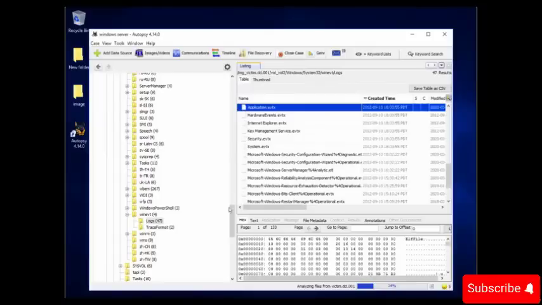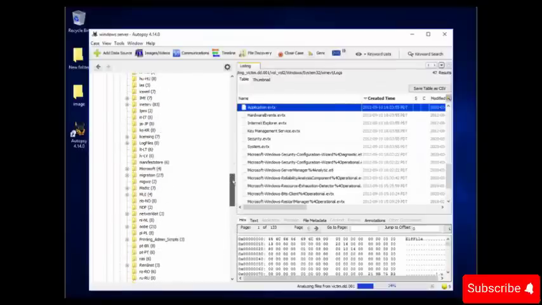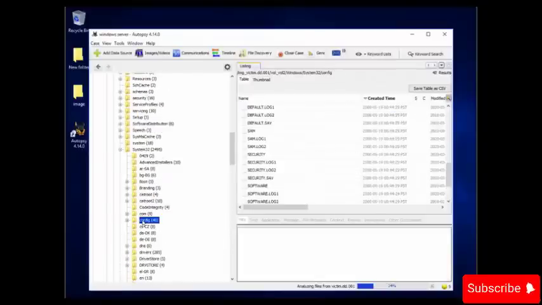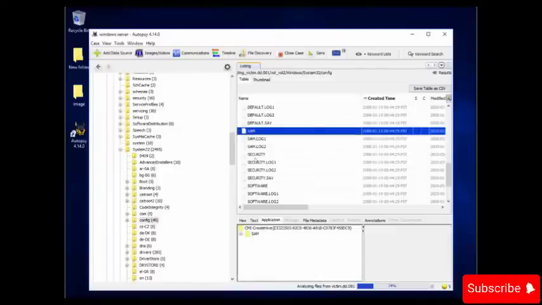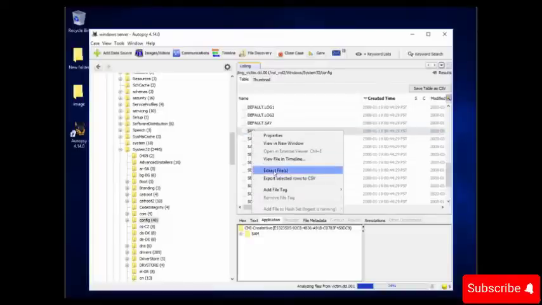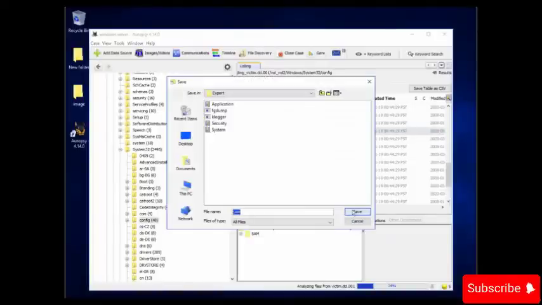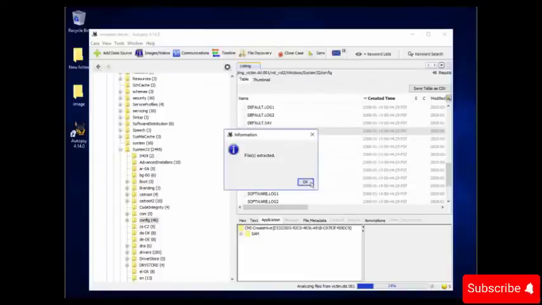Now let's go to system32 and then the config directory. Click on the config folder and here we will look for SAM. So SAM, security and system. Let's save them one by one. We will extract the file first. So extract files, save, and then OK.